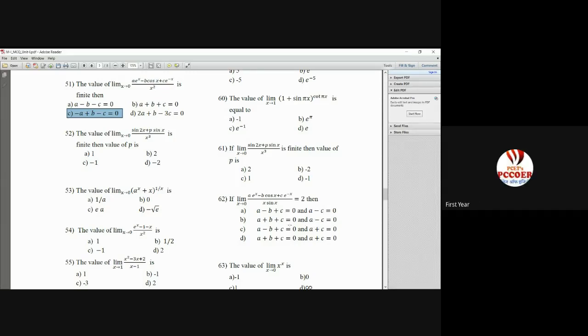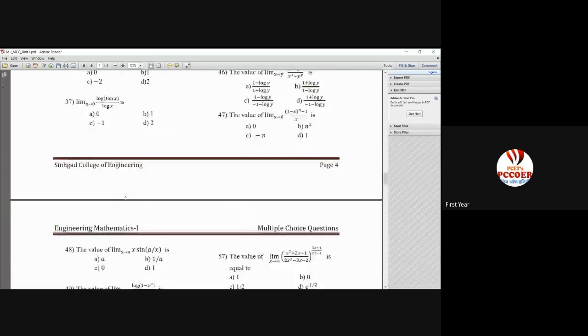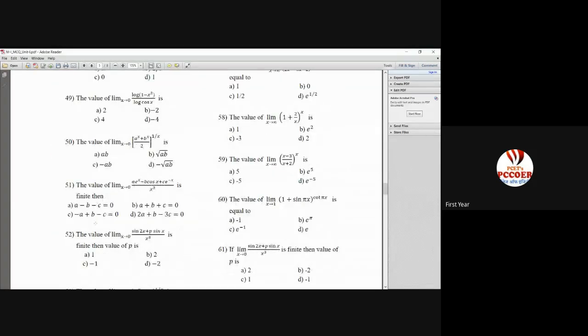Here they have given the option as a minus b plus c is equal to 0, which is also a correct option. Getting it? A minus b plus c. So that should have been there in question number 51, but it is not there. So then what is given to you? Changing the sign with minus, you are getting this equation. If this was the thing, a plus b plus c divided by 2 should be equal to 0, that is actually equal to this. So if such a thing happens, now listen what you have to do.